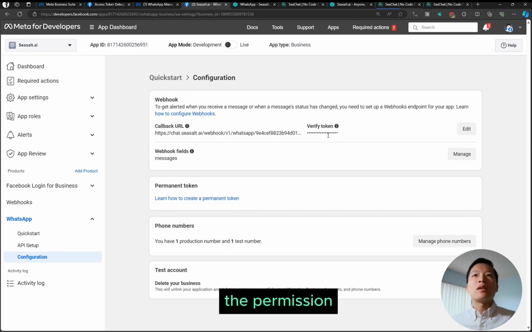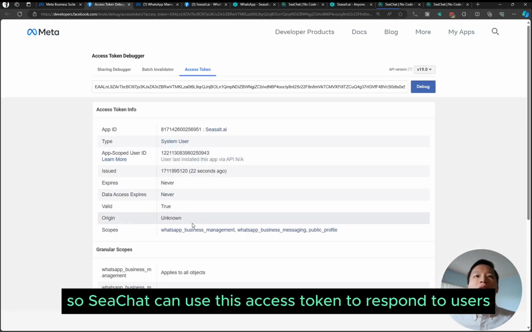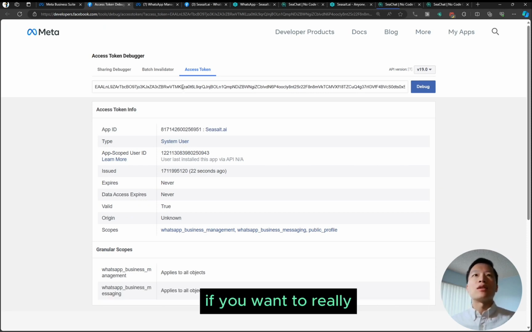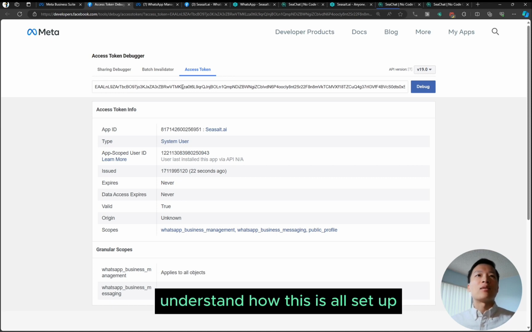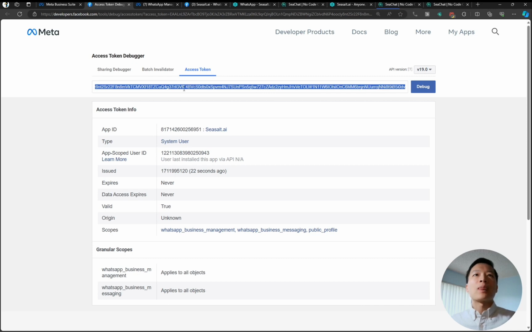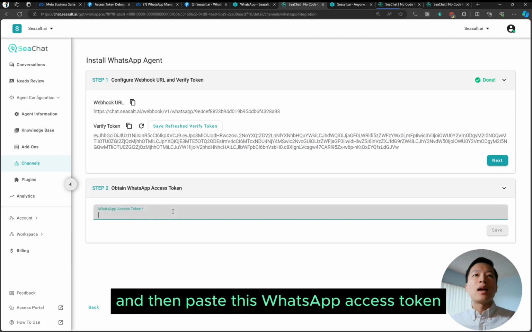The permission, the authority, actually comes from this access token. So CChat can use this access token to respond to the user. So these are totally two different types of tokens, if you want to really understand how this is all set up. This is where this complication comes from, right? So now we're going to copy this access token, go to CChat over here, and paste this WhatsApp access token.